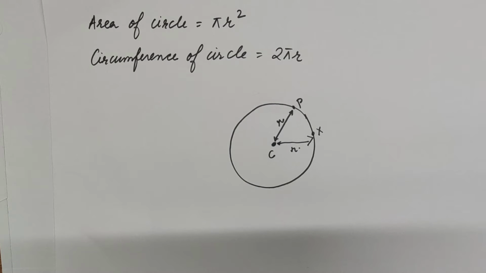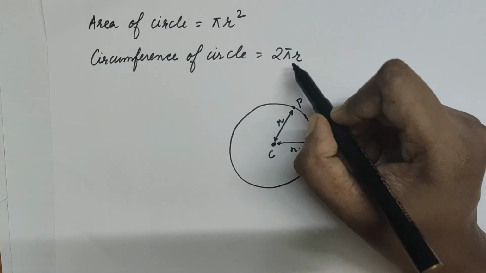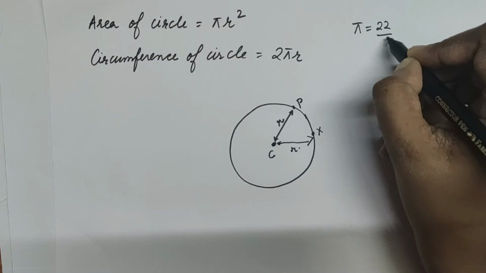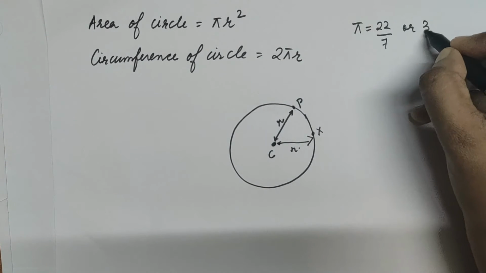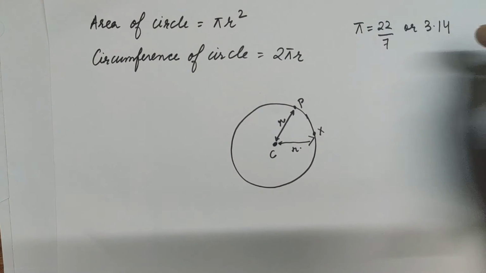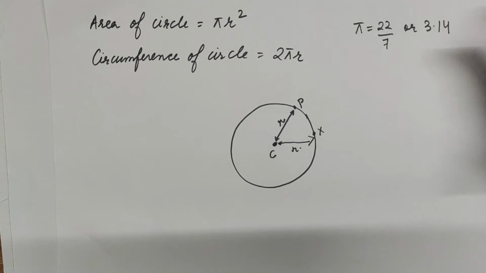Now circumference is the same as the perimeter of any plane figure. Because we cannot use a ruler to measure the circumference, or the boundary, or the perimeter of a circle, we will be using a different technique and a different formula, and the term here is known as the circumference of the circle. So we are using the formula 2 pi r. Now this pi is a constant whose value is 22 by 7, or rounded off to 3.14. At the moment you just need to remember the value of pi, that is 22 by 7 or 3.14.